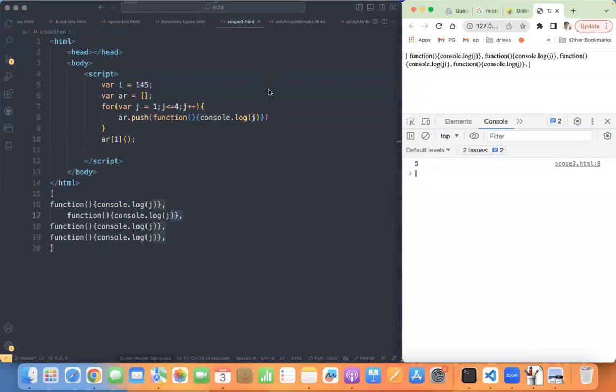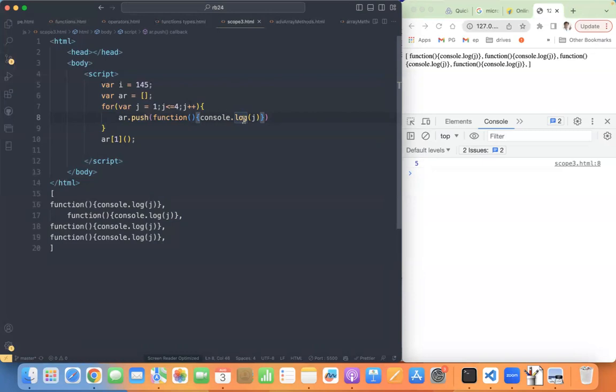Because at the moment of insertion, whatever the j value is, that is not bound. Adi bind ayaledu. At the moment of pushing the function, whatever the j value is, that is not preserved. That is not bound to the function. అందుకే కదా మనకు forEach ఉంది. ఫర్ లూప్లతో పని అయిపోతే ఫర్ లూప్ తోటి చేసేవాళ్ళం కదా.